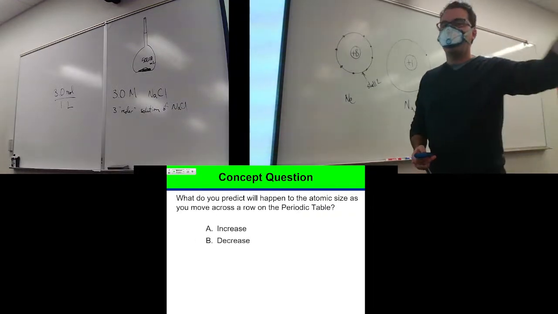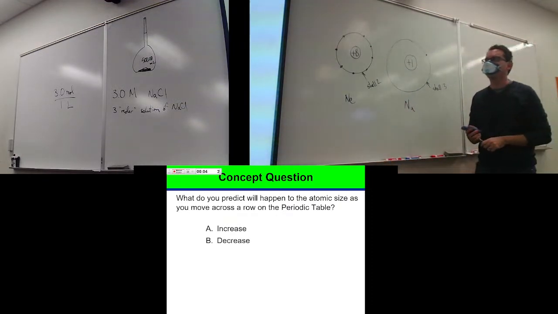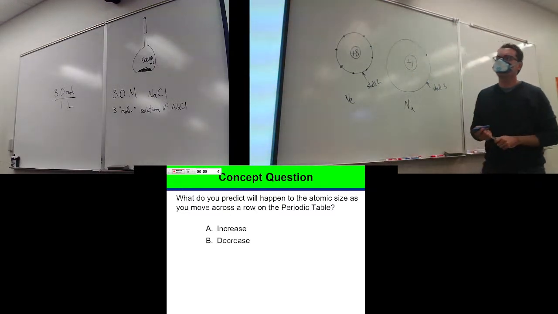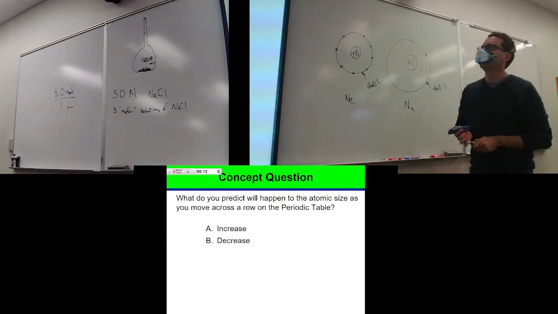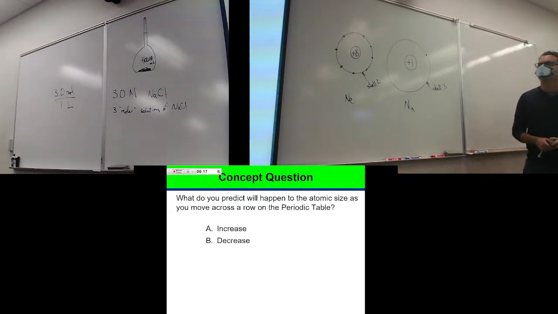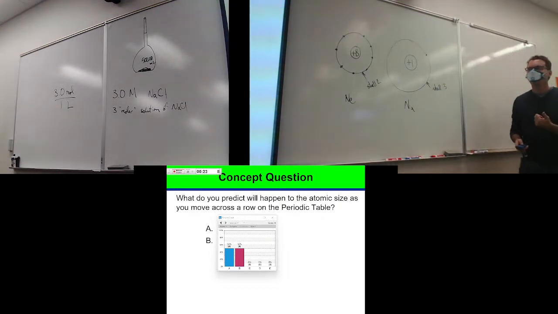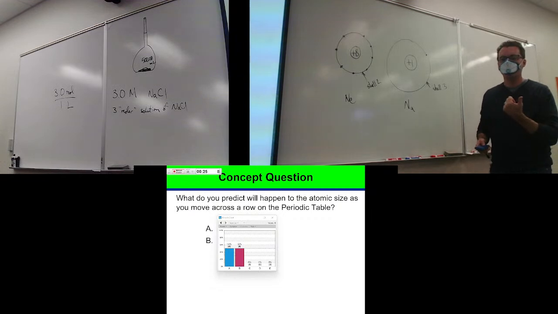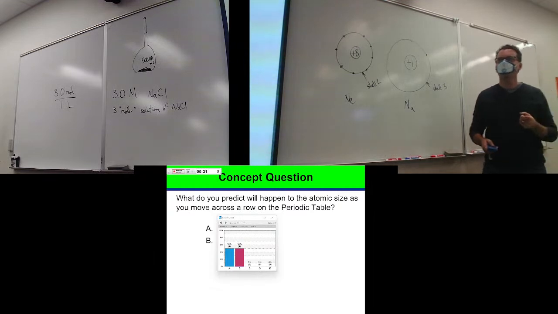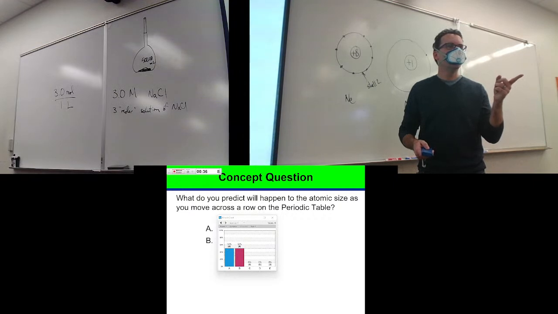What about when we go across? If I go from sodium across to argon, for instance, Na to Ar, would you expect the size to get bigger or get smaller? All right. So competing answers. Anybody want to suggest a reason why they think that they're right? Yeah, what do you think? Because we add protons into the nucleus of the atom. Okay, and then what does that do? It increases the